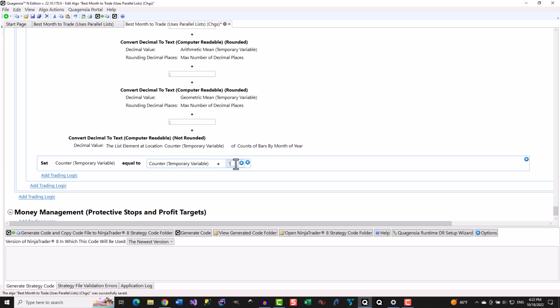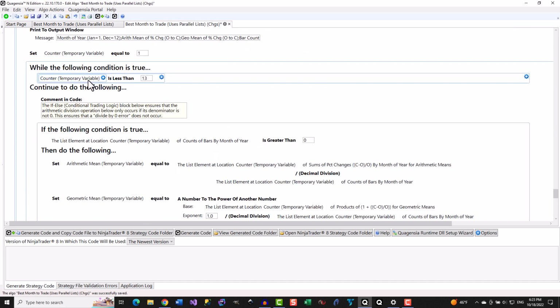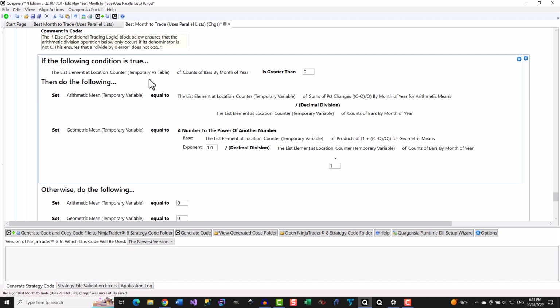Now that the end of the loop was reached the first time and the counter variable is set to 2, the execution of this strategy's logic goes back up to the top of the loop and the condition is checked again. Since 2 is less than 13, the condition evaluates to true and the logic is entered a second time.